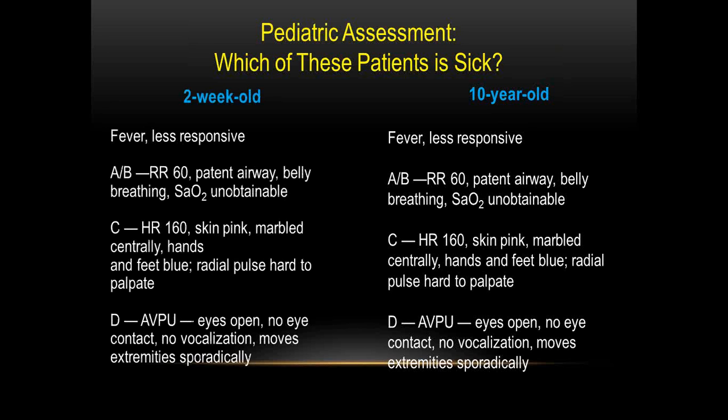We have a 2-week-old. We're called for the child who has a fever and is less responsive. He's got a respiratory rate of 60, patent airway, belly breathing, and you can't get a sat on this child. He has a heart rate of 160, pink skin but marbled centrally. His hands and feet are blue, and his radial pulse is hard to palpate. His eyes are open. He makes no eye contact. He does not talk, and he moves his extremities sporadically. Kind of sounds familiar, doesn't it? So looking at that,